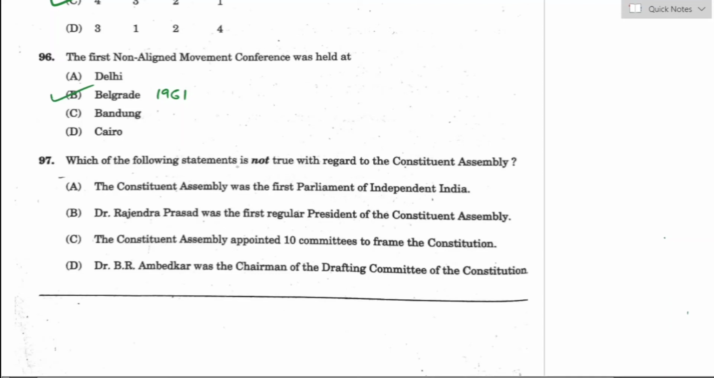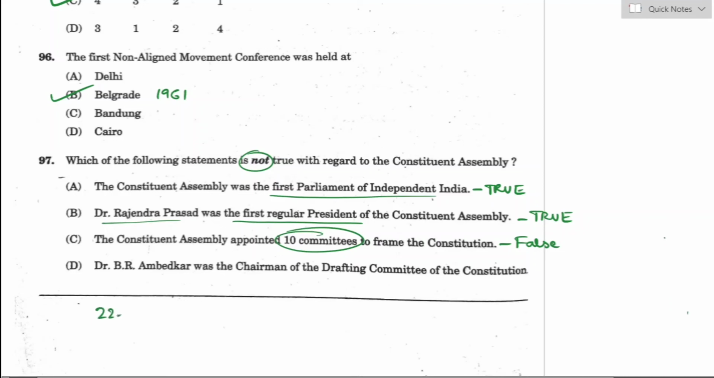Question number 97. Which of the following statements is not true with regard to the Constituent Assembly? Option A. The Constituent Assembly was the first parliament of independent India. This statement is true. Option B. Dr. Rajendra Prasad was the first regular president of the Constituent Assembly. This statement is also true. Option C. The Constituent Assembly appointed 10 committees to frame the Constitution. This statement is false because the Constituent Assembly appointed 22 committees, out of which 10 committees were